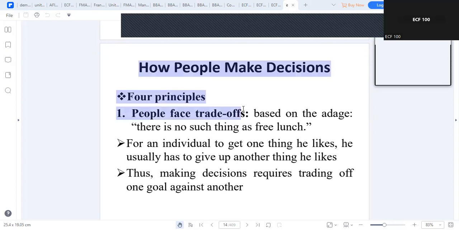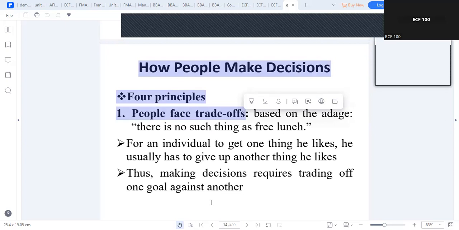From what I've just defined, what is a trade-off? A trade-off simply means choosing one option at the same time sacrificing the other. So trade-offs usually arise in the fact that resources are scarce. By choosing one activity over the other,